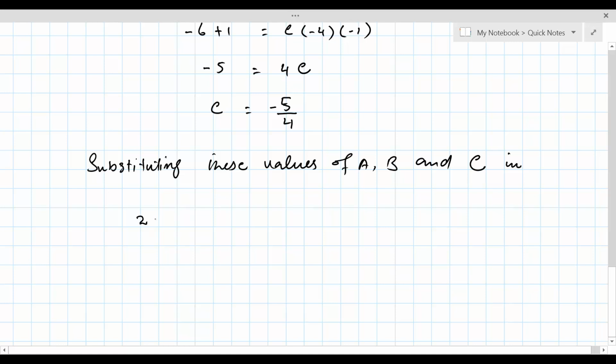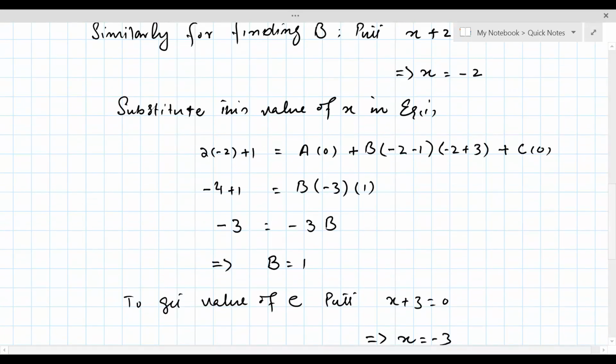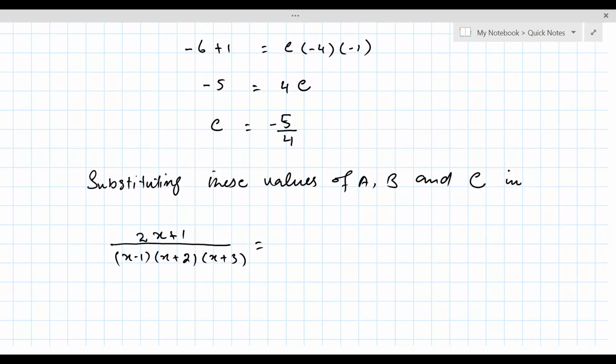Here it was 2x plus 1 divided by x minus 1 into x plus 2 into x plus 3 equal to, what was the value of a? The value of a we found was 1 by 4. So that is 1 by 4